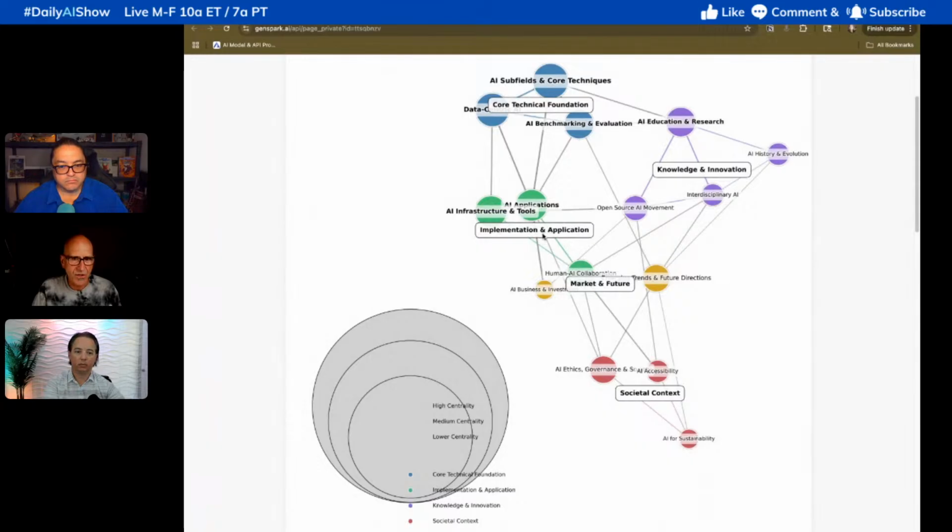And the other cluster that we discussed was implementation and application. But there's also the markets and the future for this. Like, what are the investment markets saying about this? And sometimes we say, let's follow the money. Where's the money going in the world of AI? Well, that's in this knowledge cluster, which is the markets and the future, because those investments are being made against